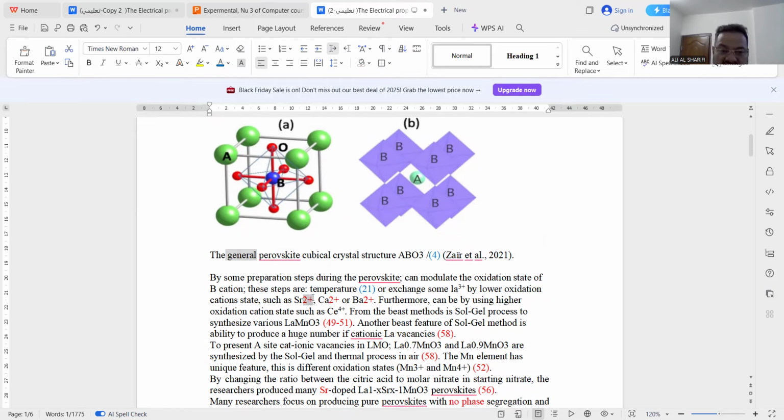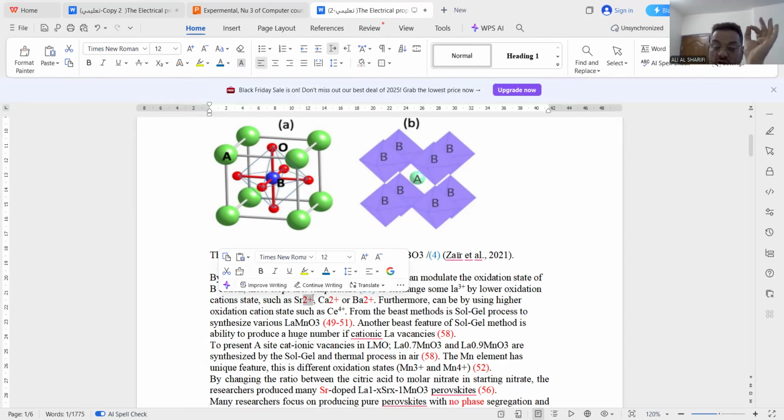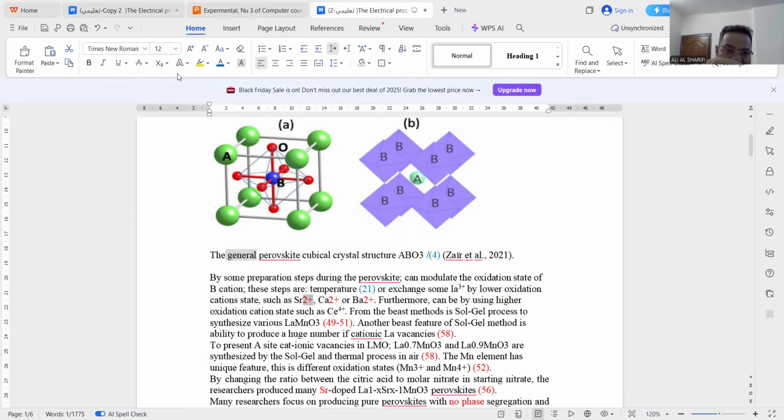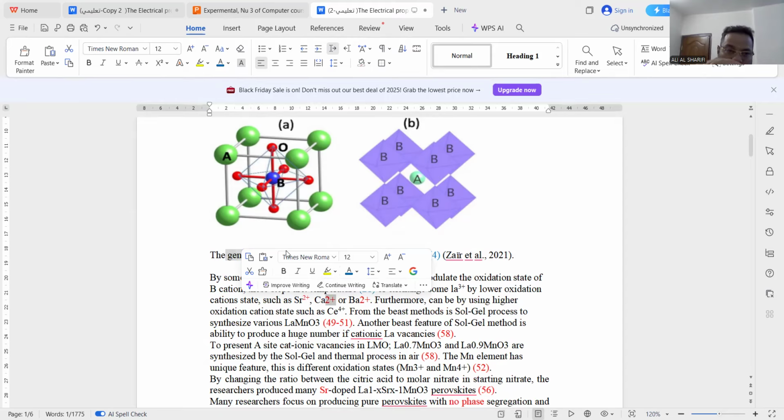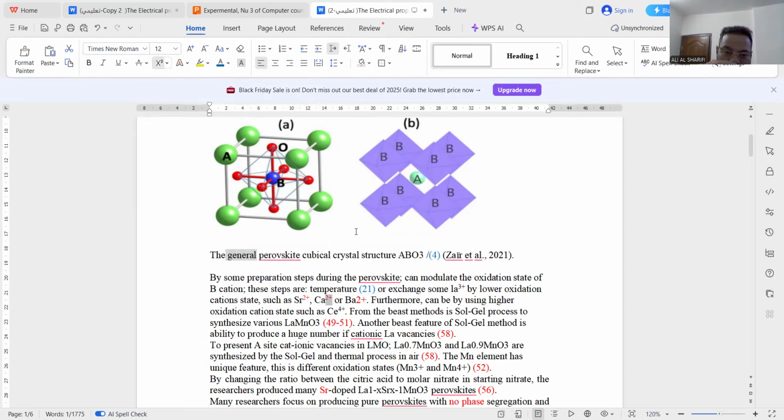Here, this number, as a fourth, should be up a little bit. For that, I will use the same option, superscript. It's up. The source number,